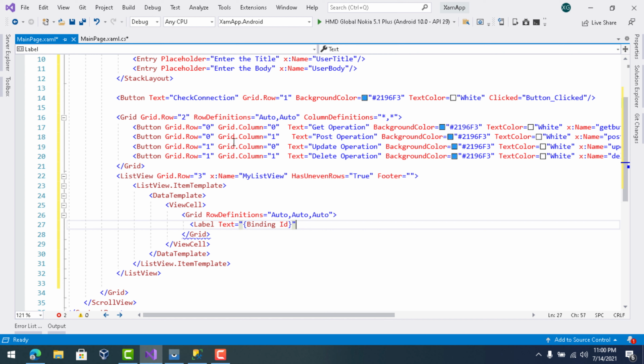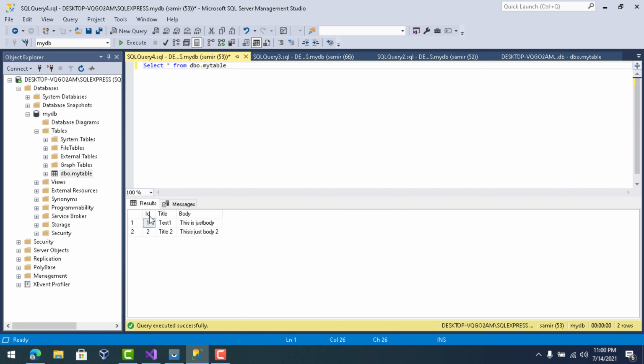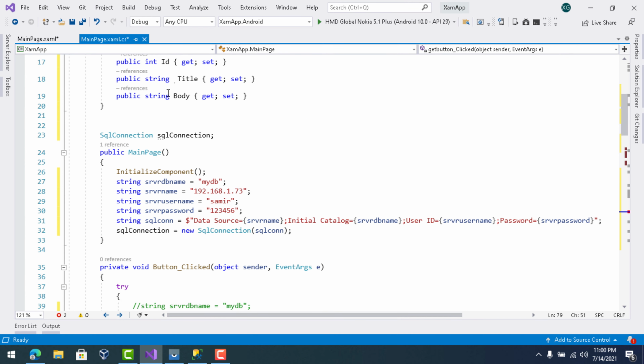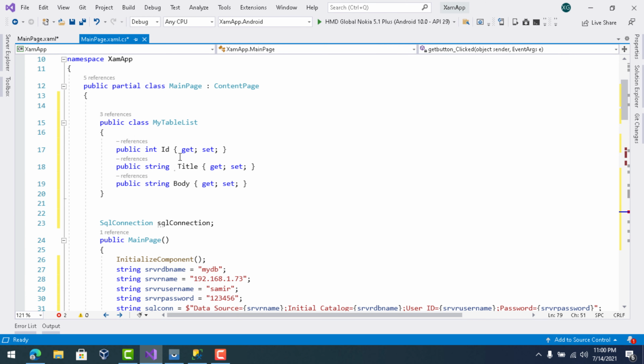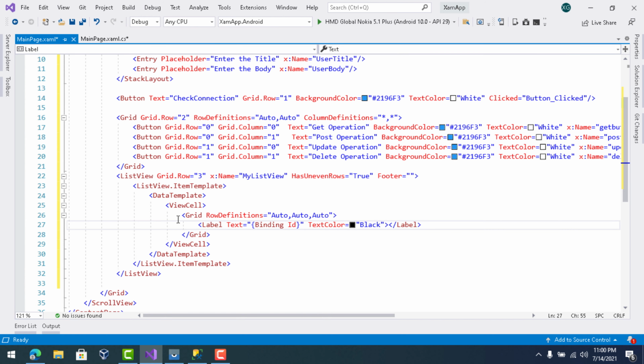Right now our next work is to provide our controls, that is our label control, with the values that will be bound. That means our UI is going to call our ID, title and the body in the form of a list. So our list view is going to grab this model item content that we have fed with data from our SSMS SQL DB from the reader. That's why we are going to bind this UI